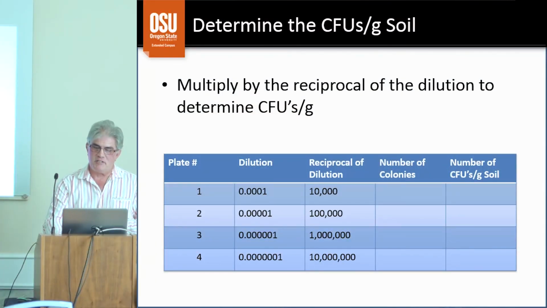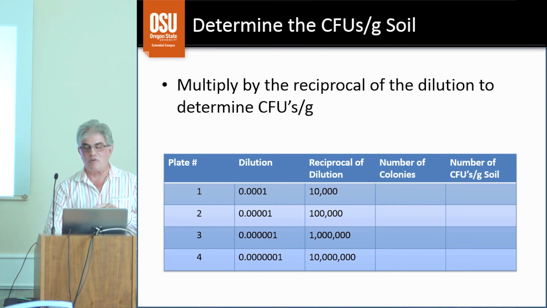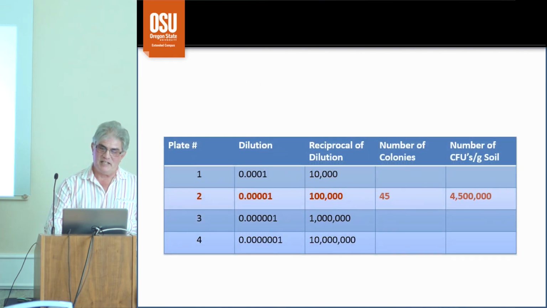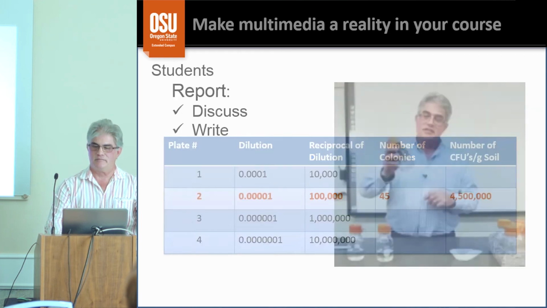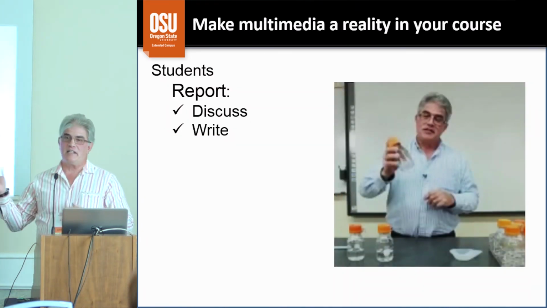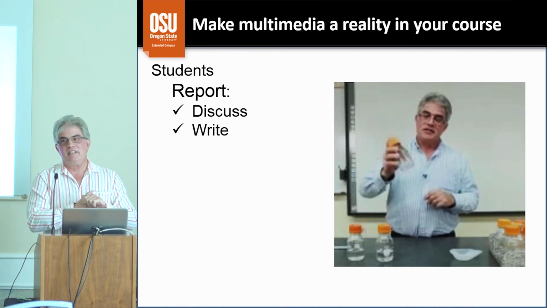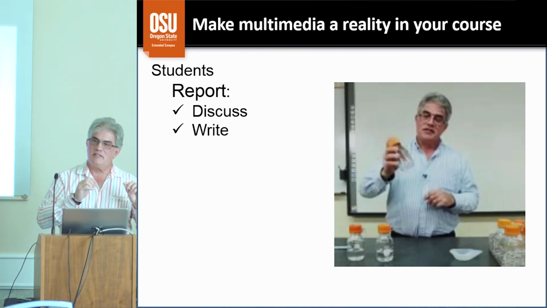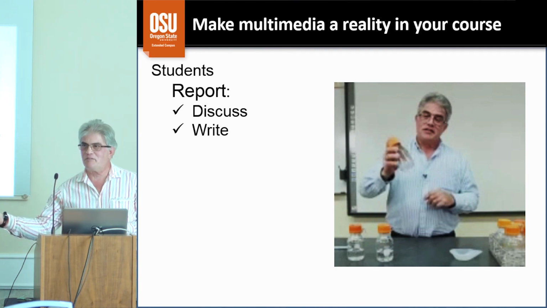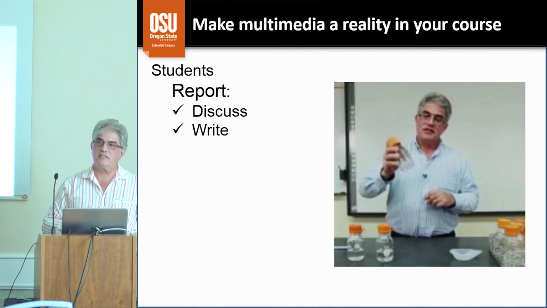So in the end, they have to do a bit of math because they have to divide the colony count by the dilution factor so they can, in fact, generate the number of bacteria that were found in the original soil sample. And they work through this, and then they get a number which they then can add to the data set. And then in the end, they are able to discuss their results, pool their results, and then write their report. And so they're able to do this in a classroom where there is no lab component, but they're also able to do this entirely online.